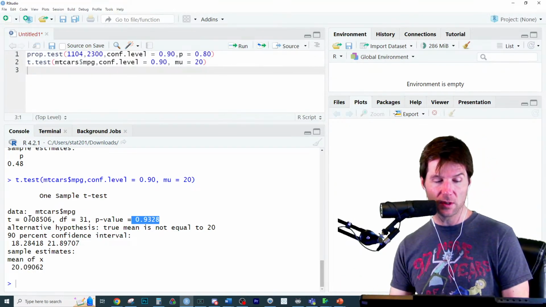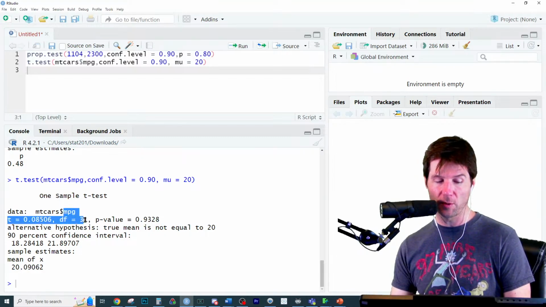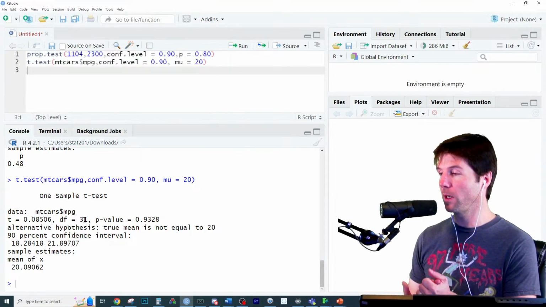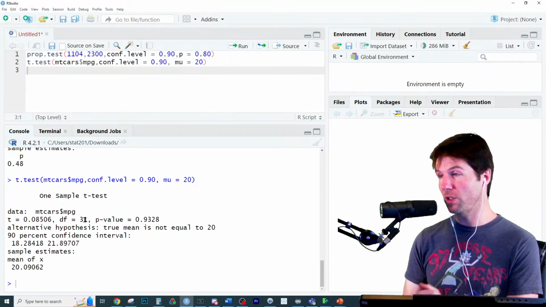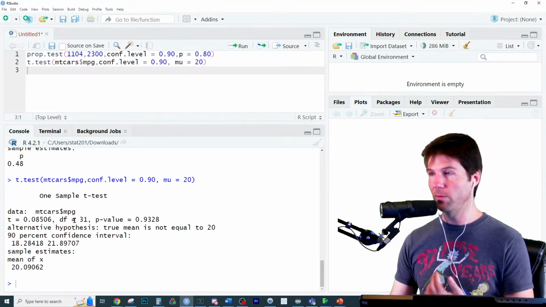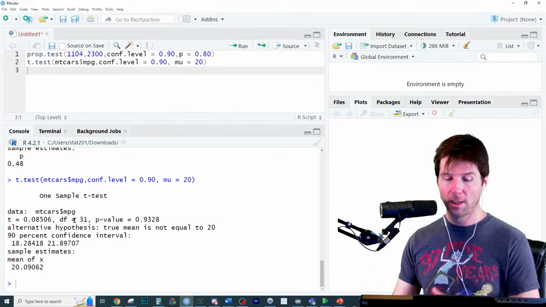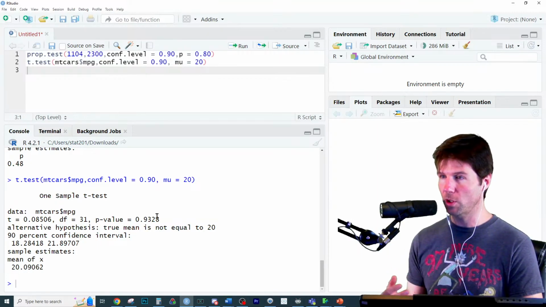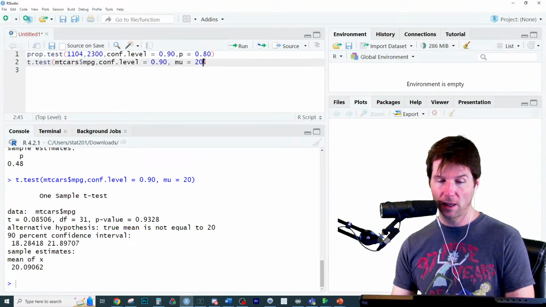And there's the t, which is the standardized test result, and the degrees of freedom are 31, which lets you know the sample size is 32. I know I'm going a little bit quickly right here, but when I look at this output, I understand where it comes from. The degrees of freedom for the one-sample t are n-1. The p-value is the probability of observing something like we saw in our data or something more extreme, given the null is true. It's doing the two-tailed test.